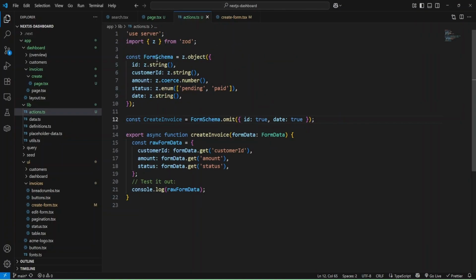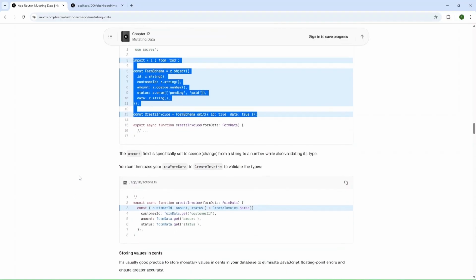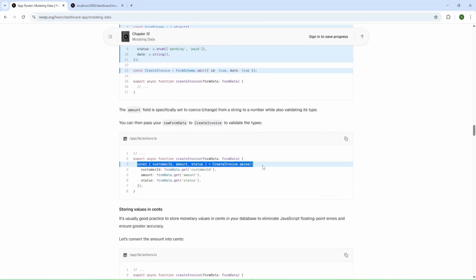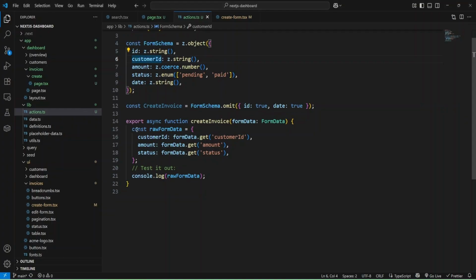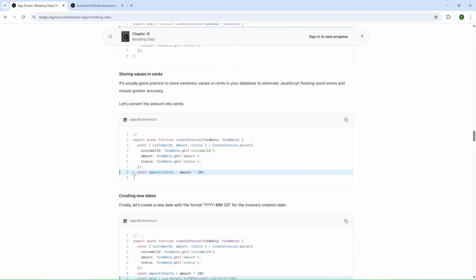And also, as you can see, we have form schema, and we defined our fields similar like we have in TypeScript, but using that. Okay, and now we can add this line for creating amount. Okay, and let me do it. And instead of raw data, we are going to use our fields. Okay, and now let's add this line for amount.